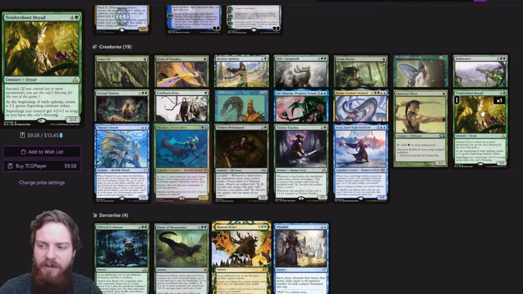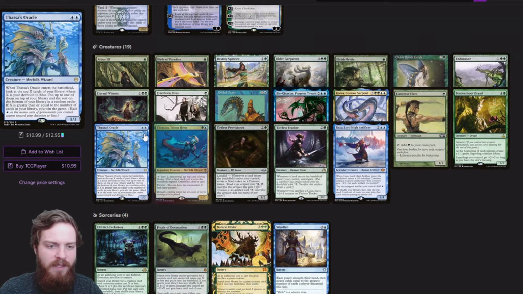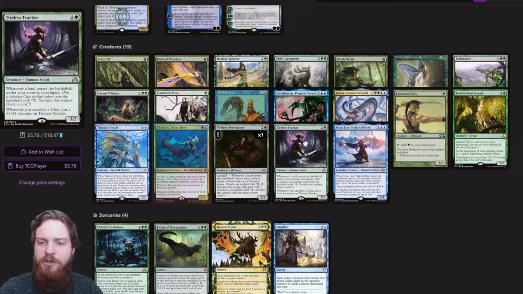Tindershoot Dryad, another way for us to carry away a game, because at each upkeep you're going to make a 1/1 green Saproling creature token, and as long as you have Ascended, each of those Saprolings is going to get +2/+2. So every upkeep you're making 6 power worth of creatures. Not bad. Then we've got Tireless Provisioner and Tireless Tracker, both pretty cool creatures in the context of this deck,